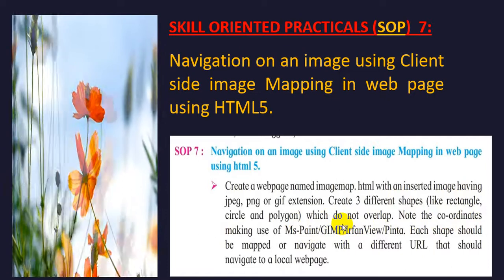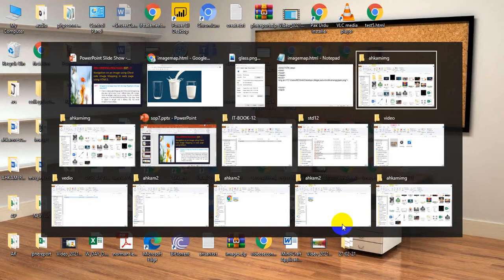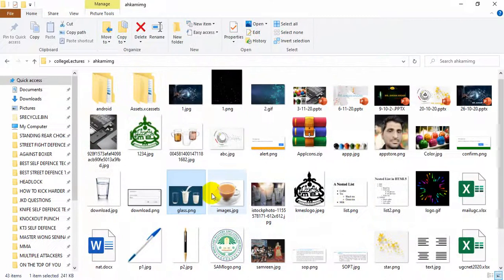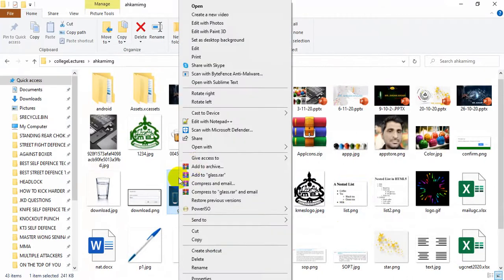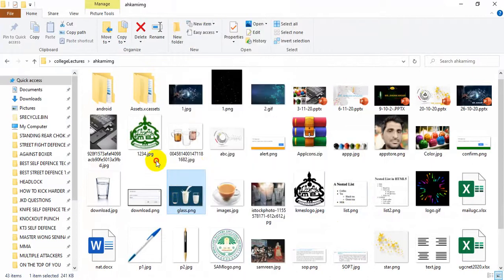So first we will create. I am moving back to the desktop, where my image file is available. This is my image file in which I have to draw certain shapes like a rectangle, polygon and circle. For that I will right click on it, then click open with. Okay students, how will you open this image file inside MS Paint?